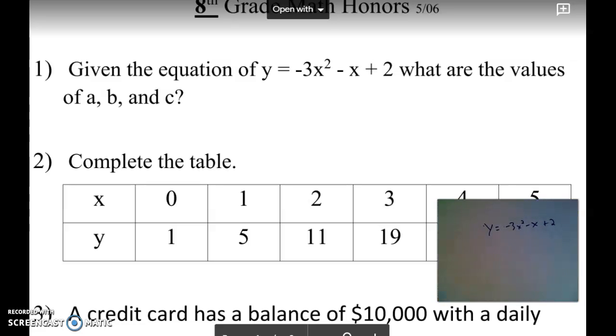Here are the answers for the warm-ups on May 6th. So I want to write the values of a, b, and c for the quadratic equation. The value of a is always how many x squareds you have, so